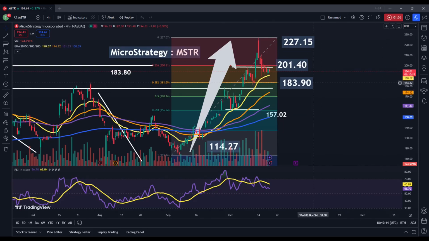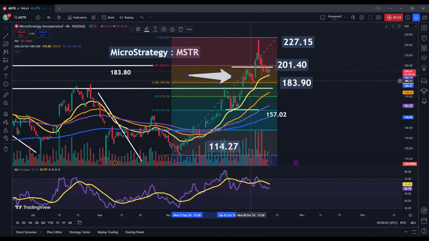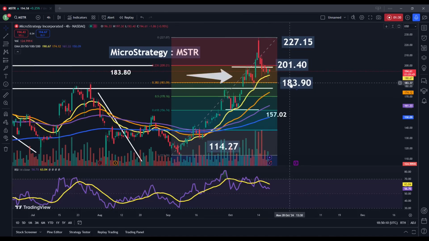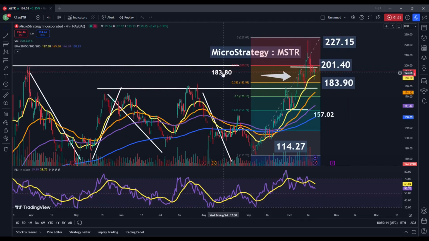highs. And at the moment, what we can see here is that the share price has broken through this prior support zone that we were watching previously, which came in right around 201.40. So now we have convincingly broken through this 23.6% Fibonacci support zone. And we're now looking for a test of roughly 183.60 to 183.90. This is a bit of a support range that we've been watching for this stock, because really